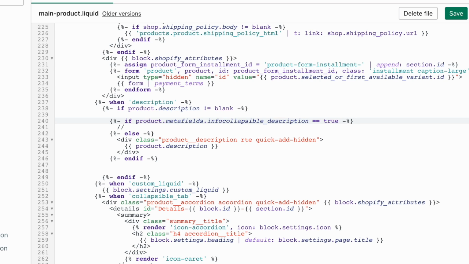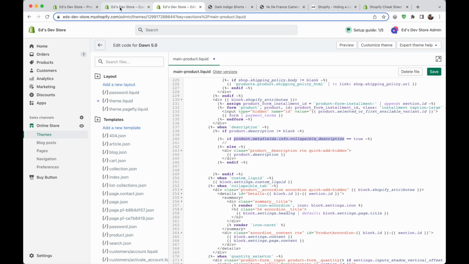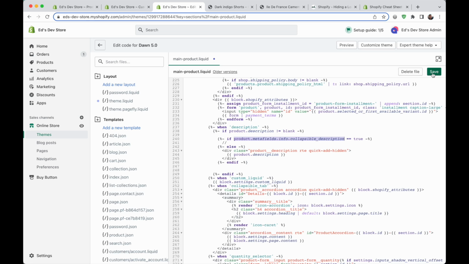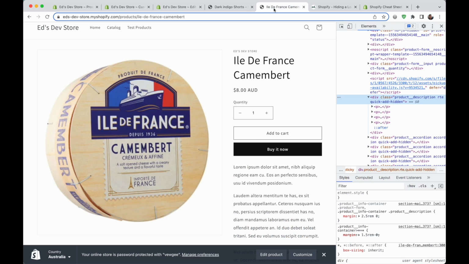But let's just add .info here, .collapsible description is true, so that's the exact metafield. And by the way, if you don't know why it's like this, you can copy and paste the exact wording from here, and we're going to hit save. So if you've done exactly this, you should see nothing at all actually for this product that you're testing for,